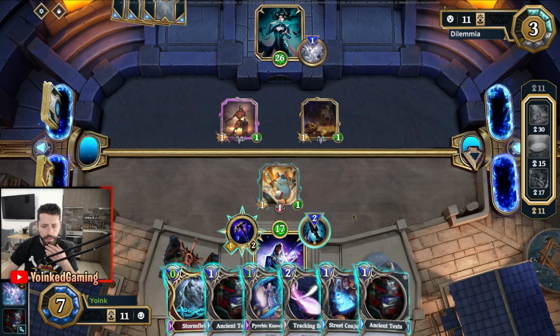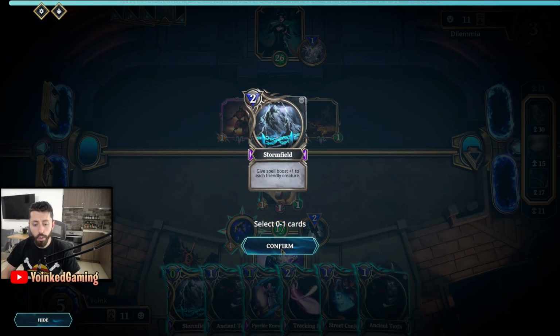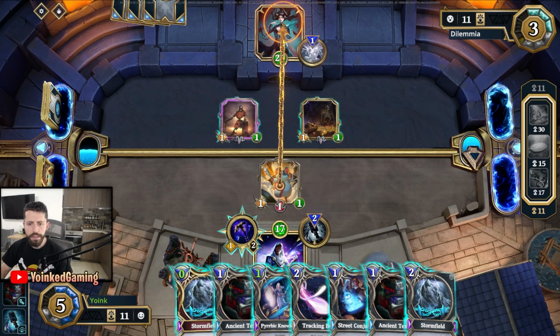We have Ancient Texts. I think I'm still going to just start with my God Power here. We have another Stormfield, that's really cool. How much damage do we have? I think not enough yet. This is going to give 2 cards to both players. I think that I can just attack my opponent directly here, since my...